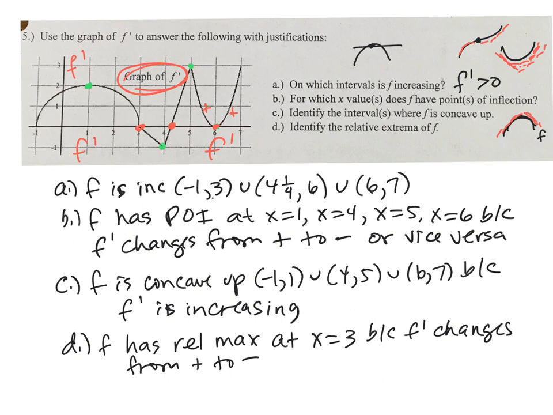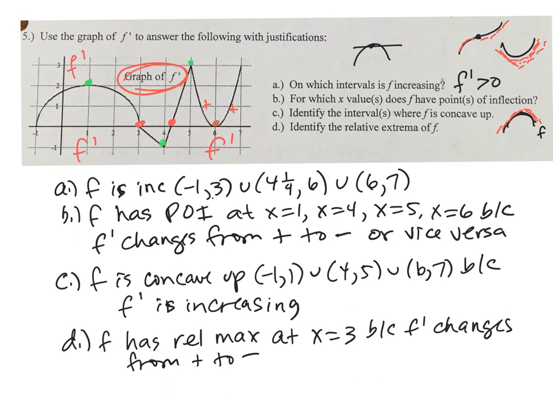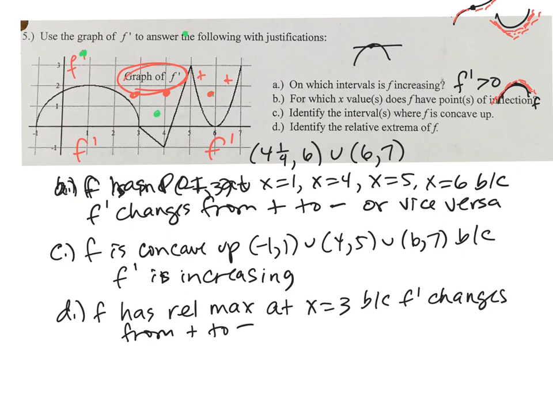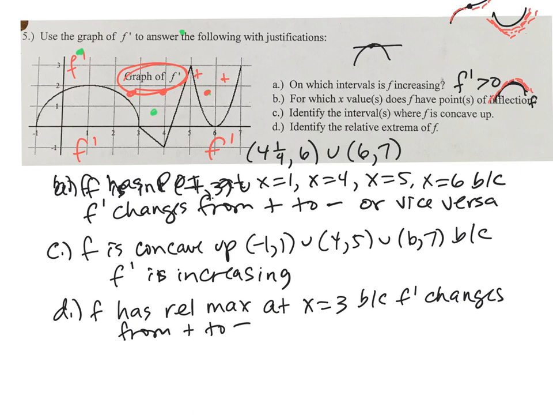Okay, sorry, this is going to get a little messy, but for some reason it won't all scroll up. So I'm just going to, I need a little more space though. So I'm going to slide this up so I can write the rest of part D. So for the rest of part D, we will say that f has a relative min